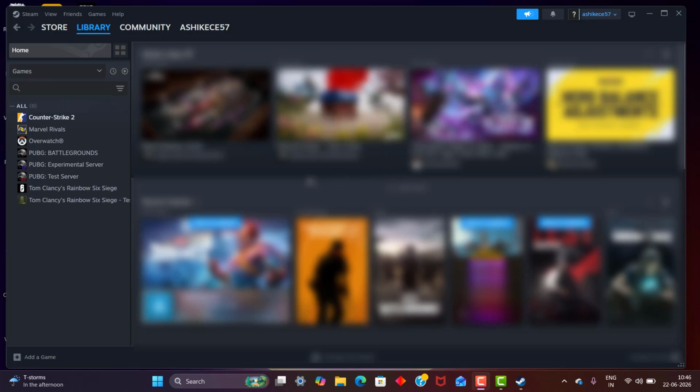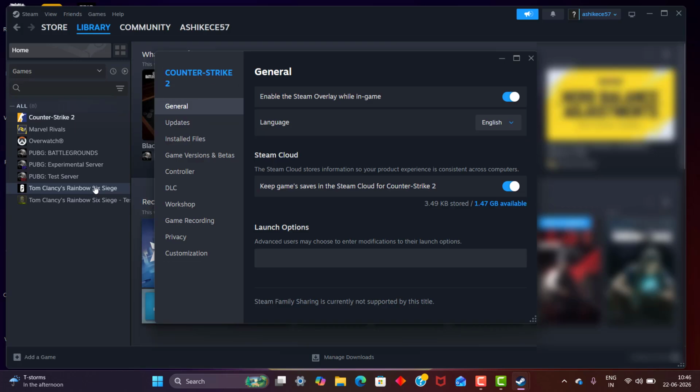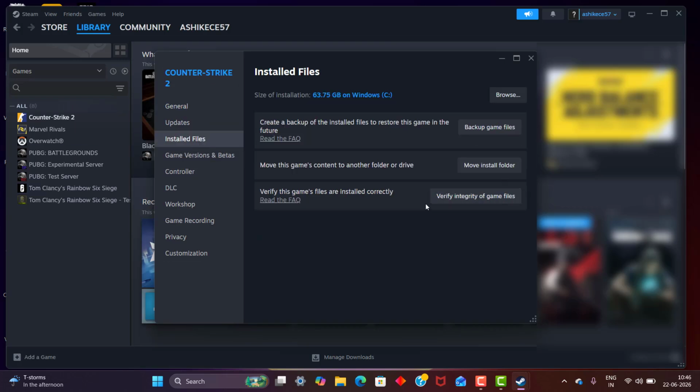How to fix CS2 fatal error failed to connect with local Steam client process. For this first step, you need to open up Steam, click library option, click CS2, click properties, click install file,